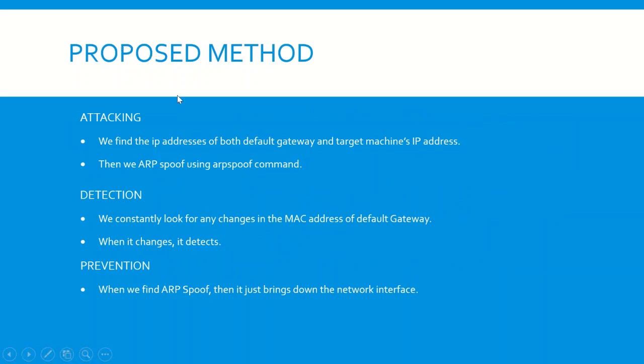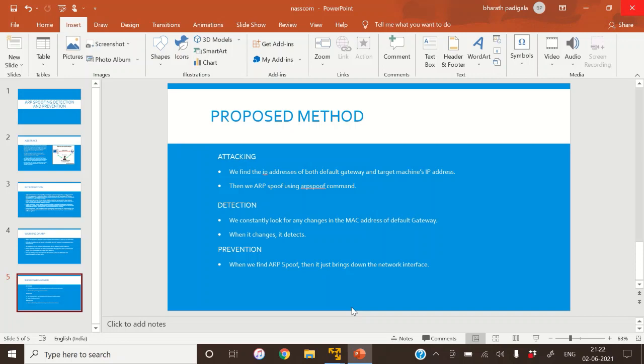So what we are doing now is we will attack first, we will ARP spoof a device, and then we detect it and prevent it. When we find that ARP spoofing is happening to that device, it will automatically disconnect the network, so ARP spoofing cannot be done, and the user gets alerted. So coming to the implementation,